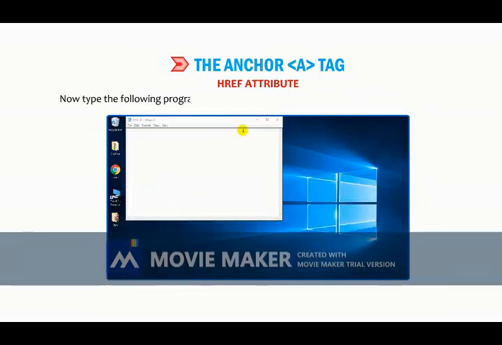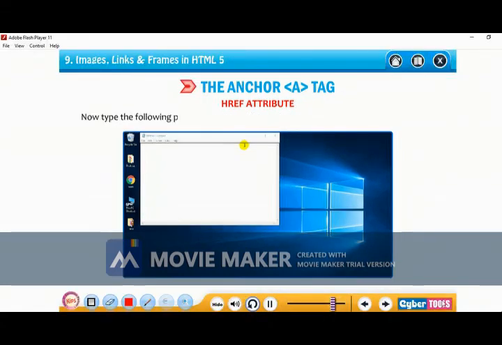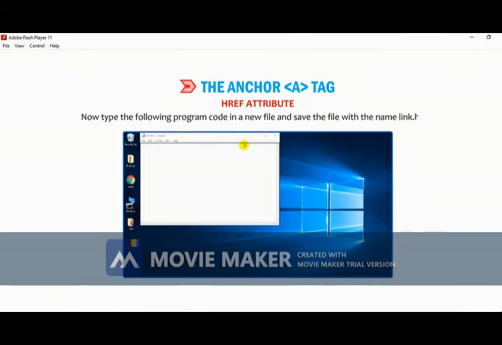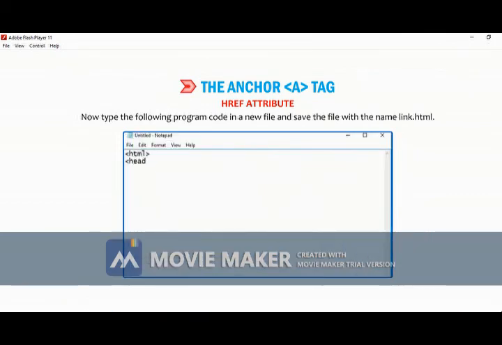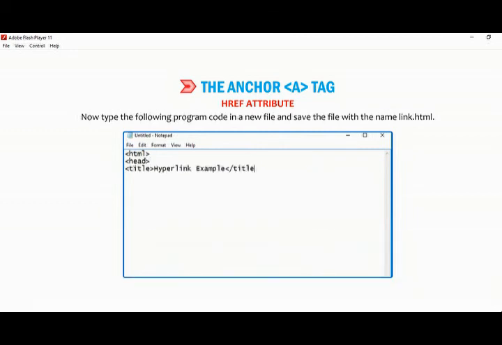Now type the following program code in a new file and save the file with the name link.html. <html><head><title>Hyperlink example</title></head><body><a href="click.html">Click here</a></body></html>